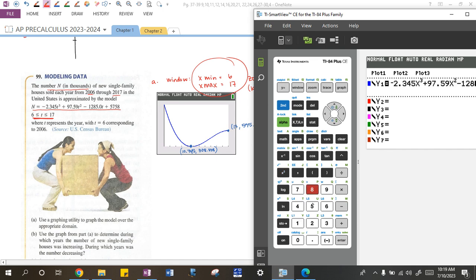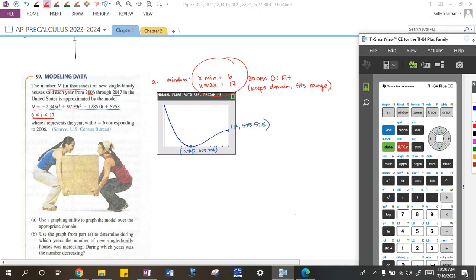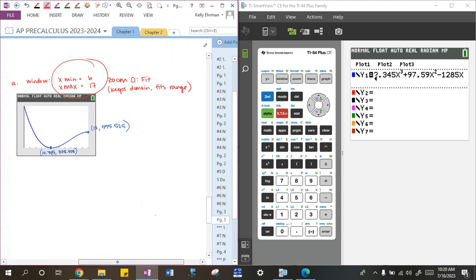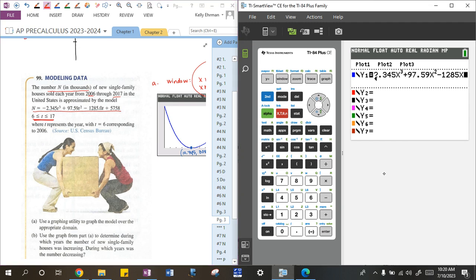Make sure to use the subtraction sign and not the negative sign. Okay, so I get the equation typed in,